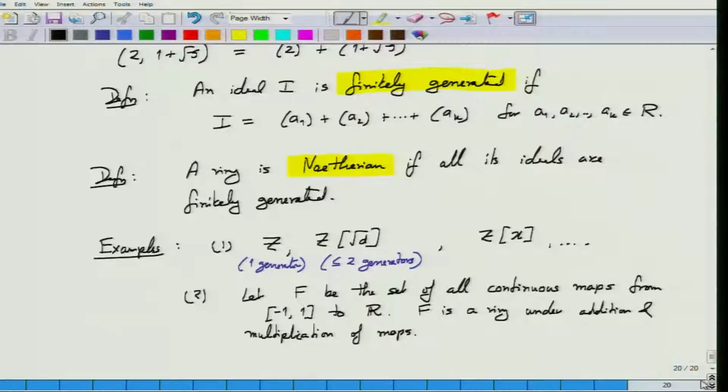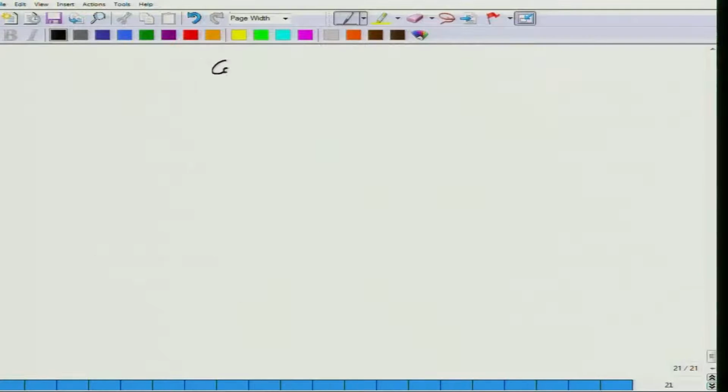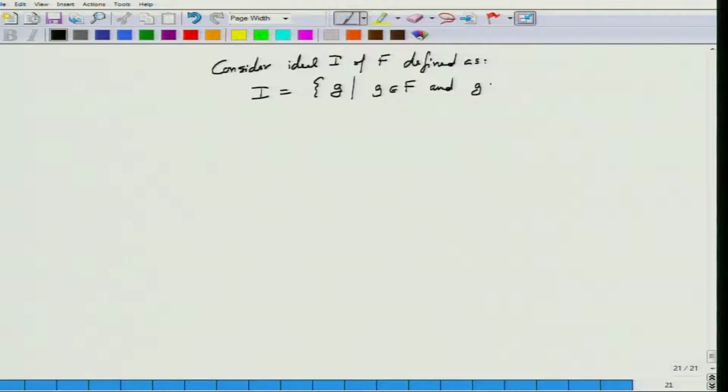Okay. Now I claim that this ring is not Noetherian. And to prove that, what would I need to do? I would need to show an ideal in this ring which is not finitely generated. Okay, let's do that. Consider the ideal I of F defined as: I contains all mappings G, G is in F, and